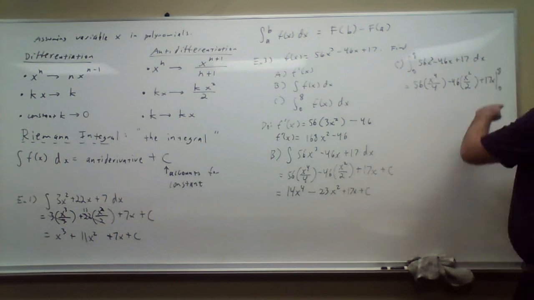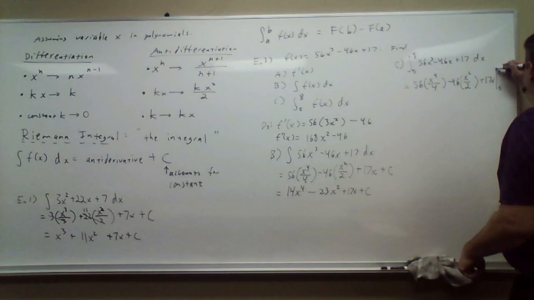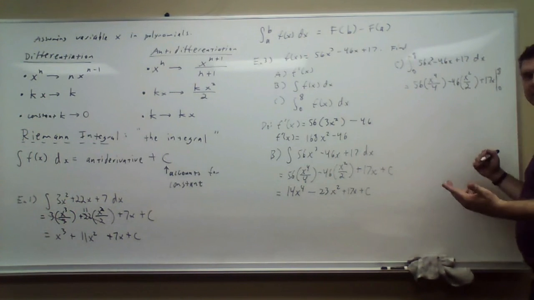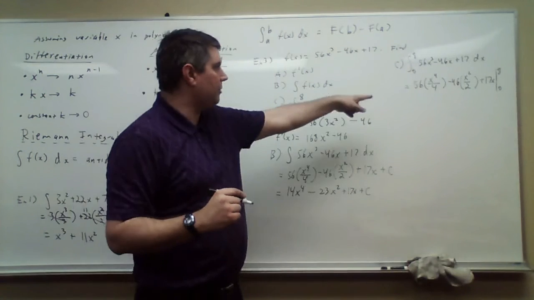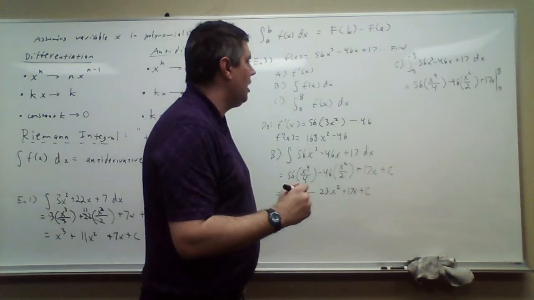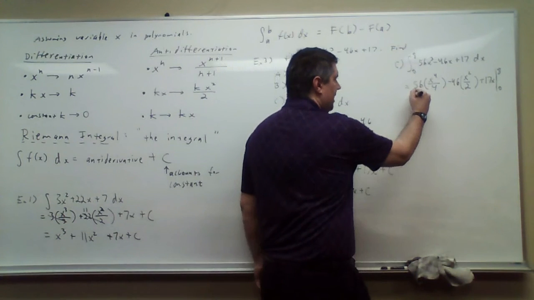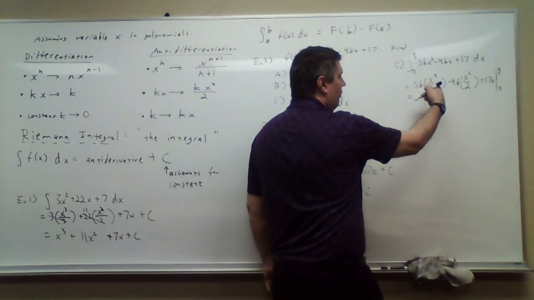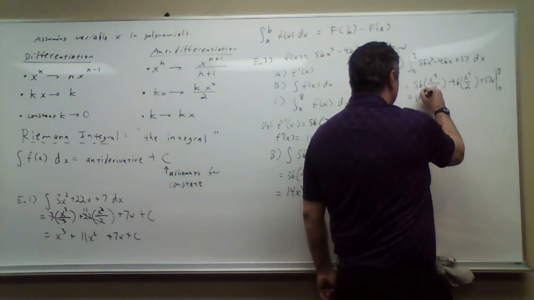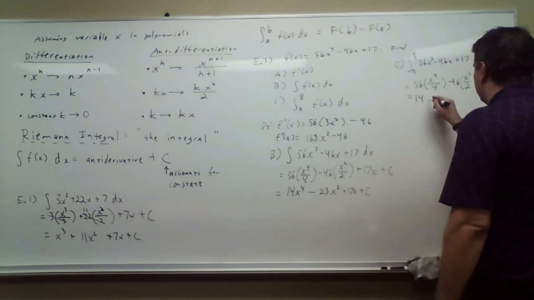This time I chose to use a straight line instead of a square bracket. It has the same significance. Okay? You're going to find the antiderivative, and you're going to plug those numbers in and subtract. Okay, so I'm going to finish the antiderivative. So this is going to be 56 divided by 4 is 14, x to the fourth